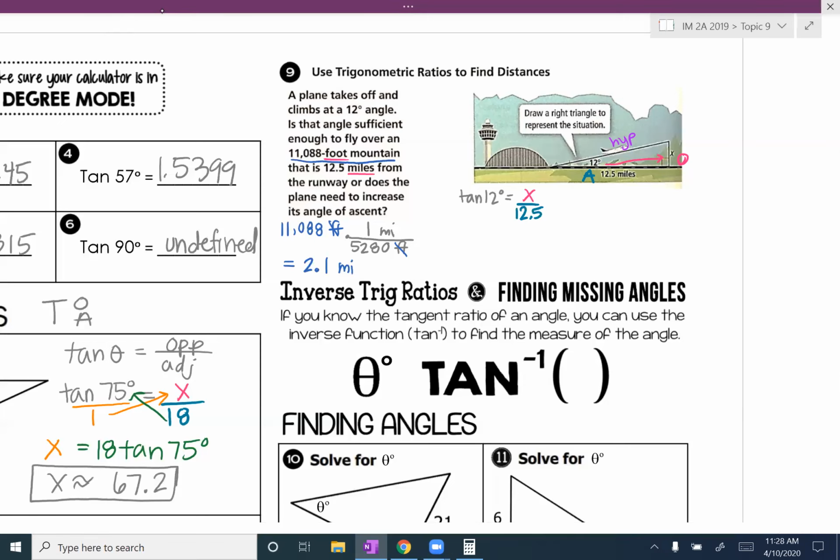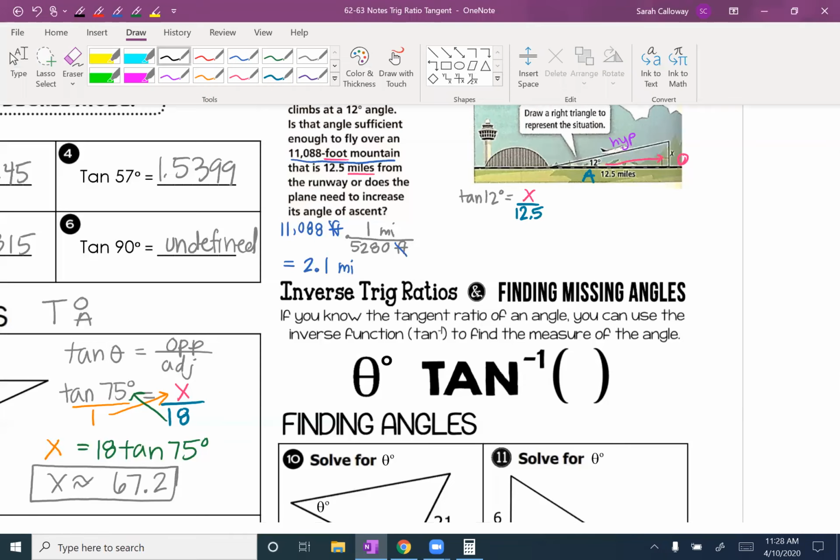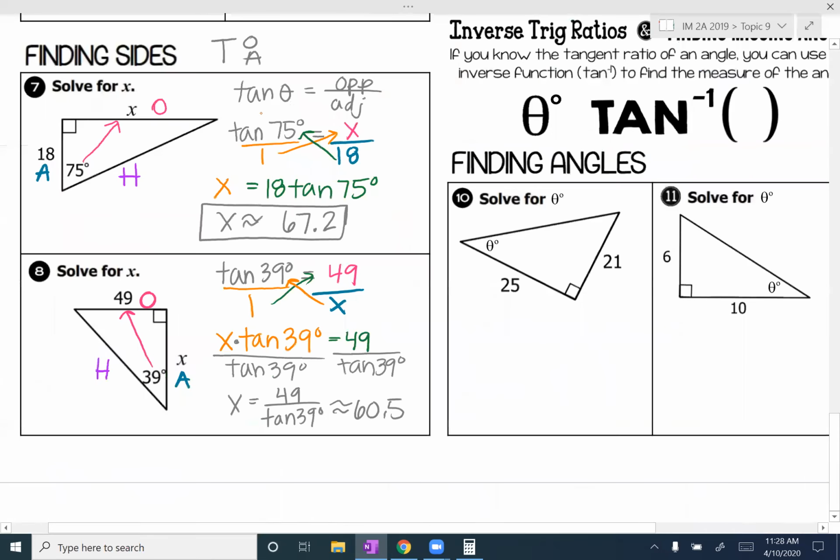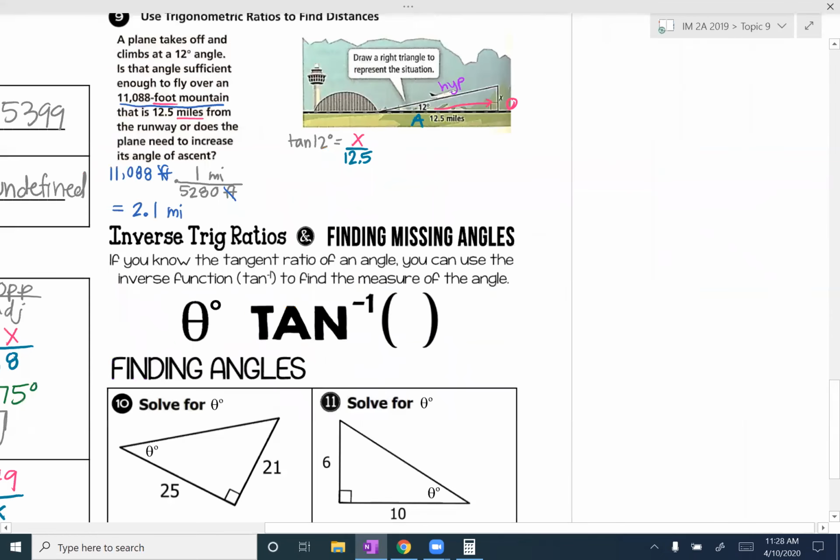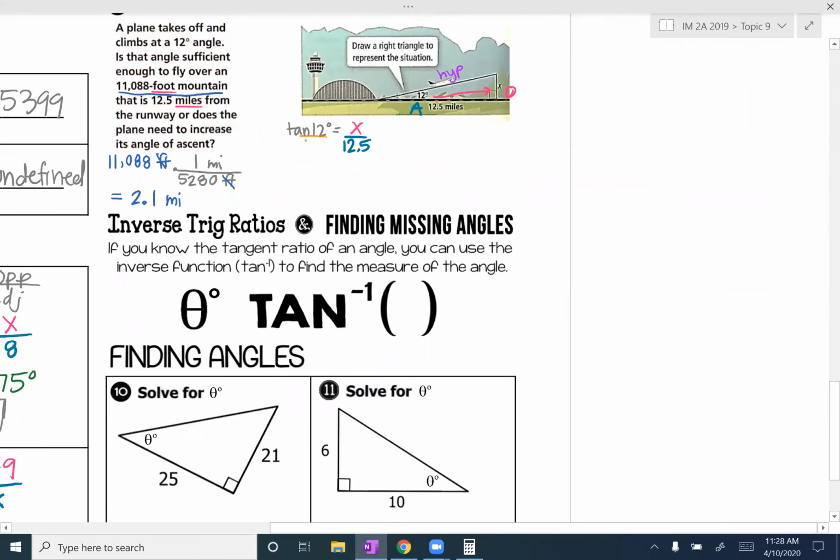And so now this problem looks just like what we did in problem 7, right? We had tangent of 75 equals x over a number. We cross multiplied and then calculated. So that's all that we're going to have to do here. So if I put tangent of 12 degrees over 1, and I want to get x first, so that means I'm going to do this diagonal. So that gives me that x is equal to